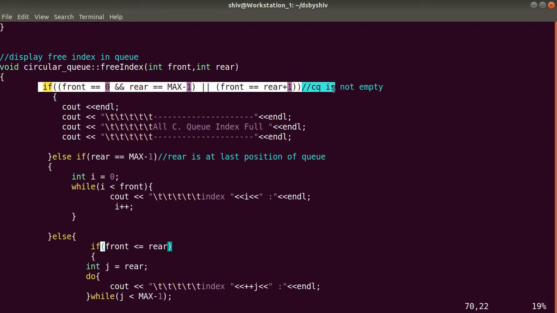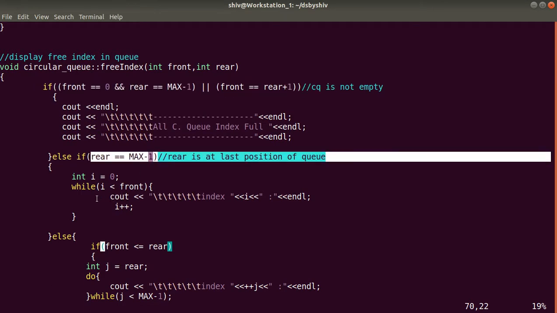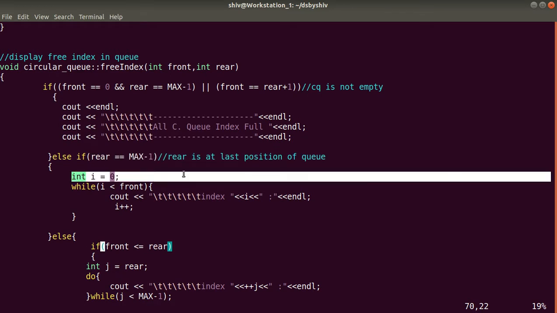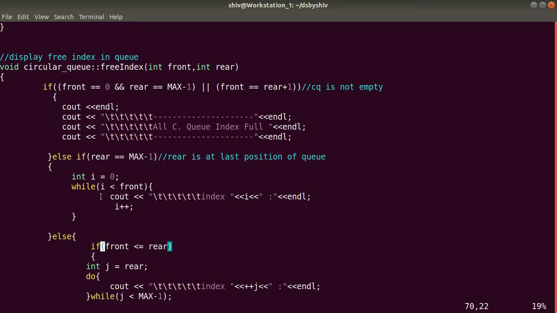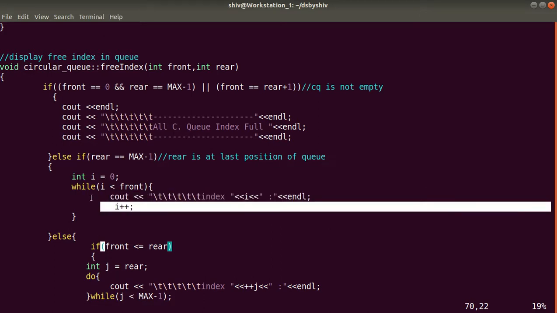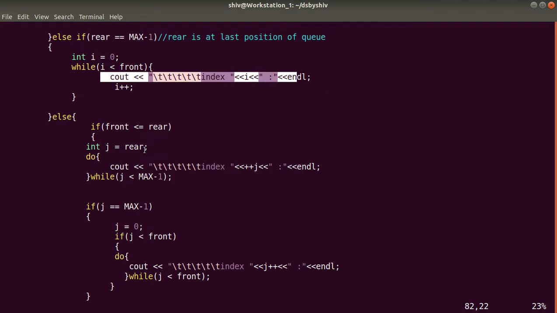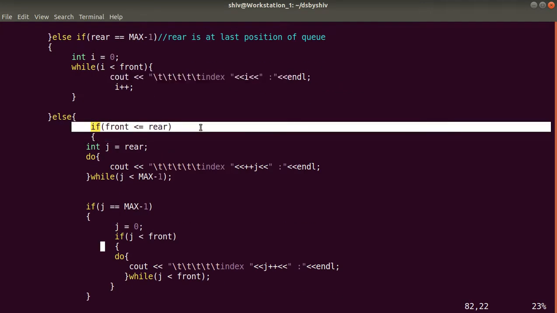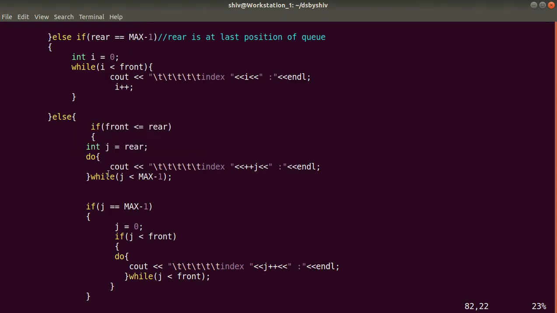This condition means, okay, if rear equal to max minus 1, then we will take a variable i equal to 0, i less than front, then it will print the free index, and it will again increment i, and till this condition is true, it will print the free index. Same for rear, front less than or equal to rear, we will assign the rear value to a variable j.